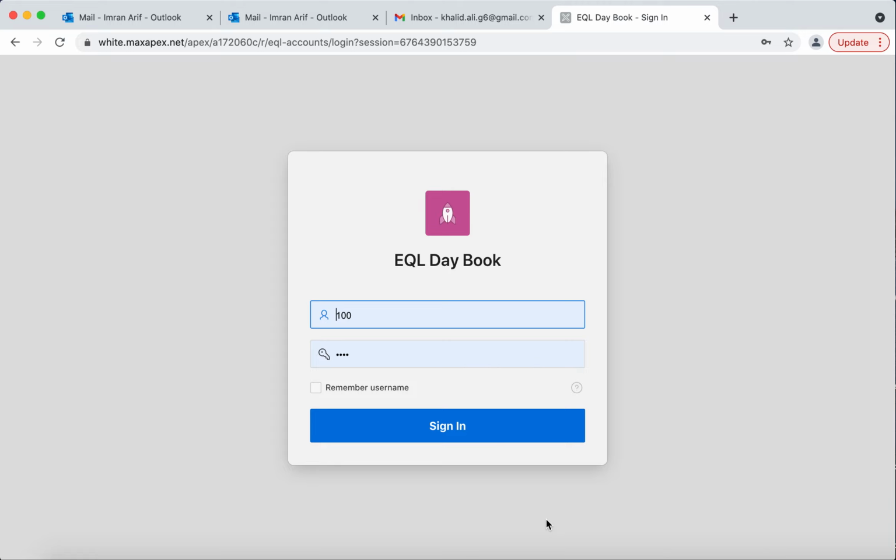I'm going to show you an online accounting software. This is a cloud-based software and this is mobile friendly. It means you can use this software with your mobile, with your tabs, computers or laptops, anywhere from your office or from your home. Let's jump into it, enter login ID and the password and click on the sign in